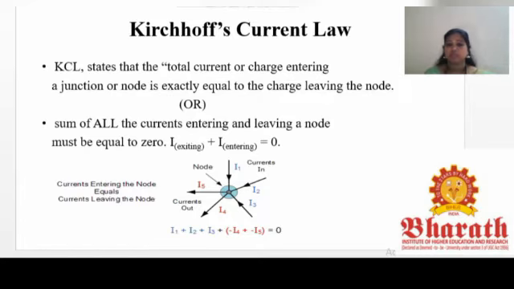The junction point, as I said already, is a node point. A node point is nothing but a point where two or more elements are connected. That common point we call a junction point or node point. At the node terminal the total current will be 0. The sum of all currents coming and leaving the junction point will be equal to 0.